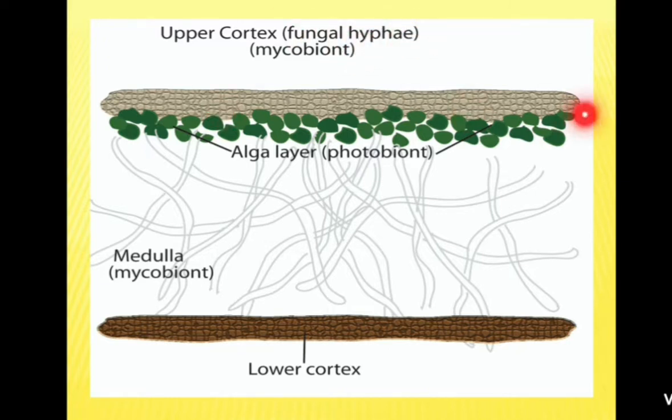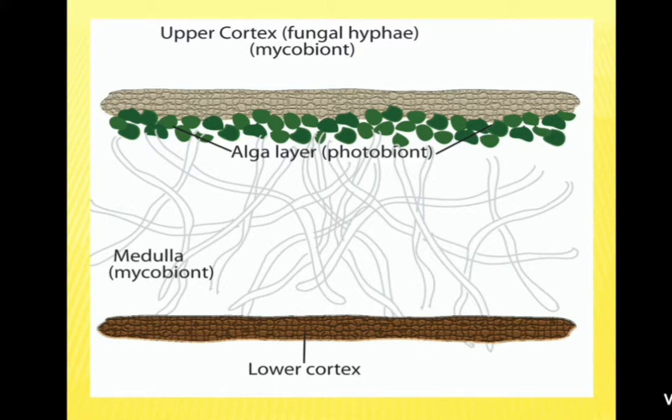See here, this is the internal structure of lichen. In this, green color algal cells are there, which belong to cyanobacteria, that is blue-green alga or green alga, and these are the fungal hyphae. Here there is a mutualism or symbiosis, meaning an association in which both partners get benefited. It is a relationship for the benefit of both partners.